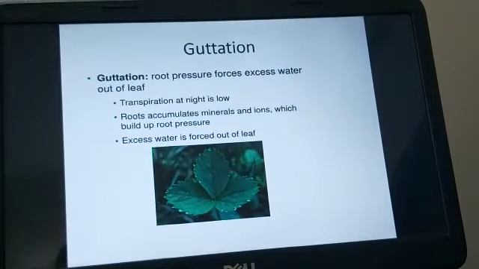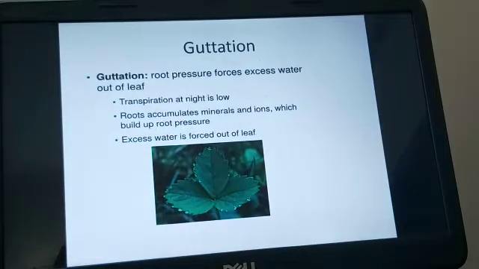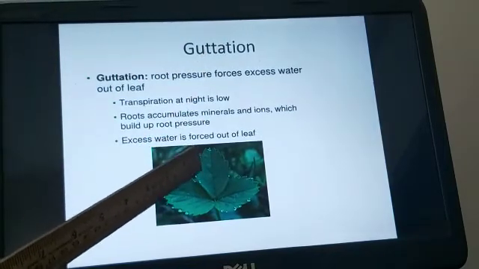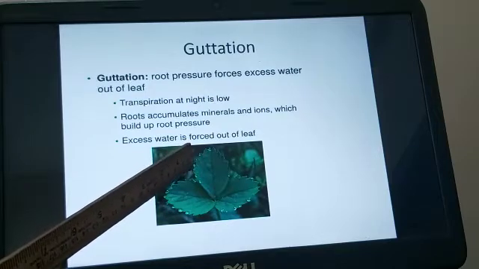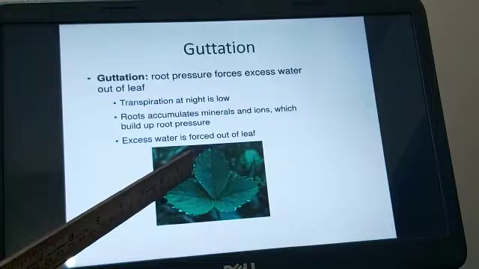Now let us understand the next thing, that is guttation. In certain plants like tomato, grass, banana or ferns, the root pressure is high enough to force the water all the way through the stem, and then the water comes out through the end of the leaf veins. This water appears as tiny drops along the margins or the tips of the leaf. So here you can see that sometimes in these plants like brinjal, tomato, etc., in the early morning when you look at the margins of the leaf, you can see some drops of water. So these drops of water, this phenomenon is called guttation, and the guttation happens because of excess of root pressure.